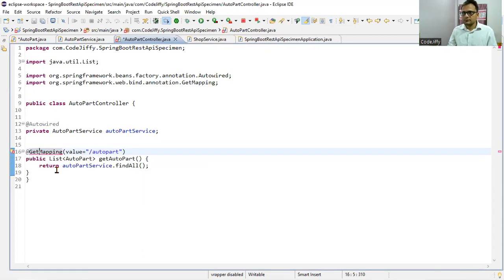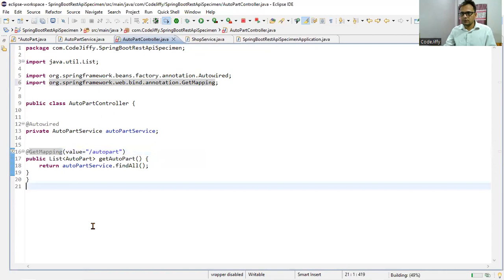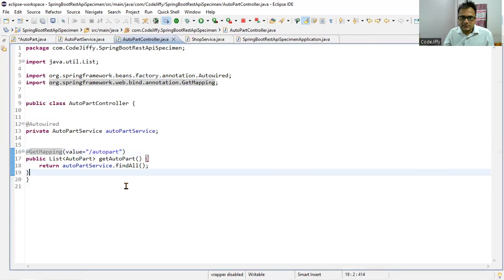Okay, save the code. Fine, friends. So what we have done here, the GetMapping annotation is used to map HTTP GET requests to the specified URI. In this case, AutoPart. The getAutoPart method will be invoked when a GET request is made to this URI. Okay, and public List AutoPart getAutoPart. This method handles the GET request to AutoPart and